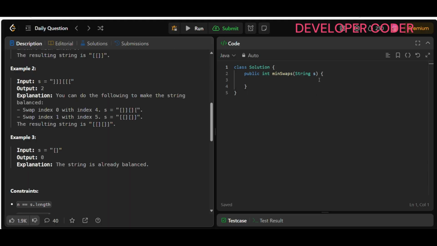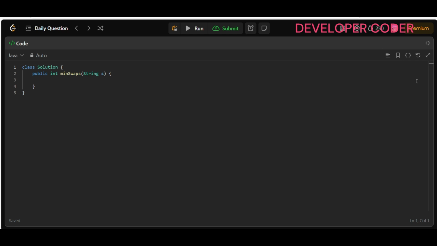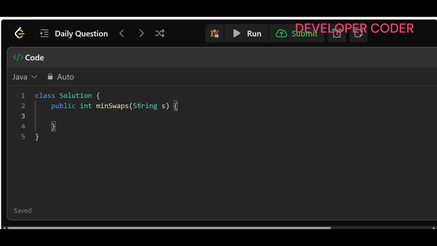Now let's move to the coding part. The code is going to be very simple for this one, nothing much in this. So int imbalance is equal to 0, int swap is equal to 0. Imbalance is going to track the number of excess closing brackets, and swap is going to track the number of swaps needed. Then just run one loop for int i is equal to 0, i is less than s.length,